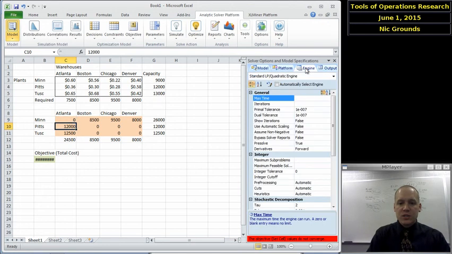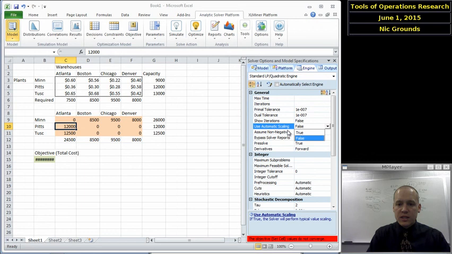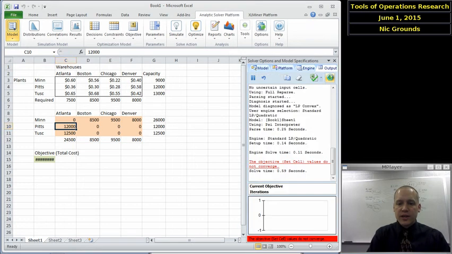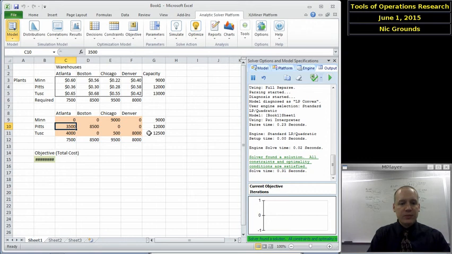And again, the easiest way to represent that is on the solver options and model specifications engine tab. We can tell the engine that it should assume that the variables it sets must be non-negative. So now let's do that. There we go. So what it's determined